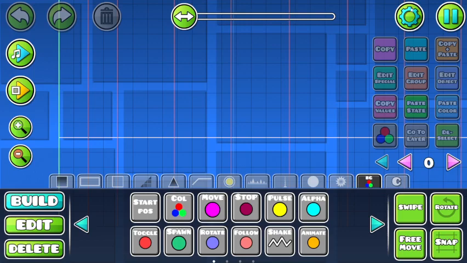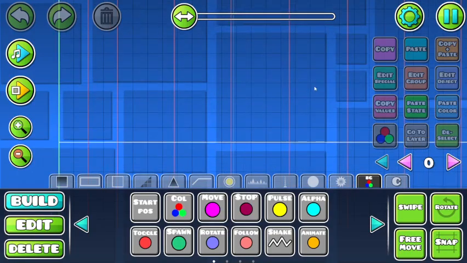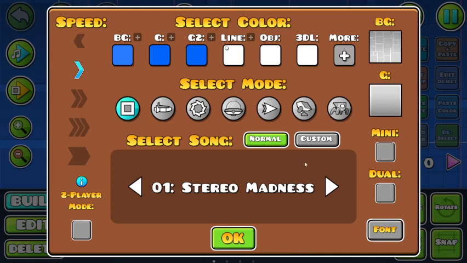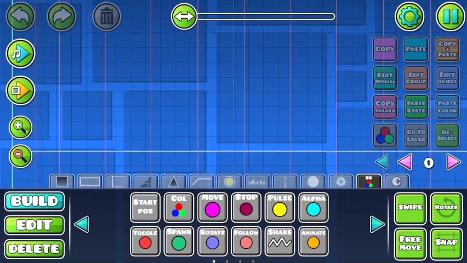So first, if you're having it in a specific part of the level, I'd recommend putting in a spider portal to go into the spider game mode. Since I'm just in a test level here, I'm just gonna start it with that, and really whatever speed you want. But then you want to think about how many times you want to have to click it. So I'm kind of thinking about 20. So then you want to play test it from there and see